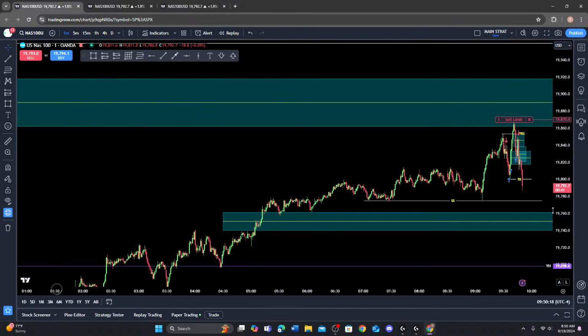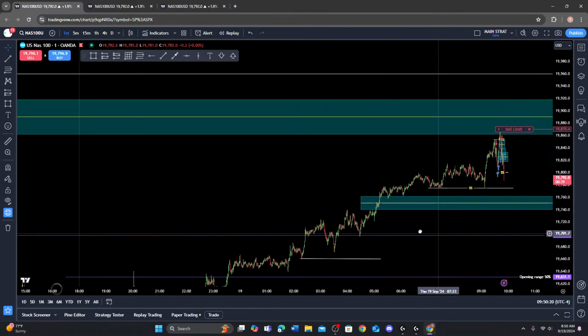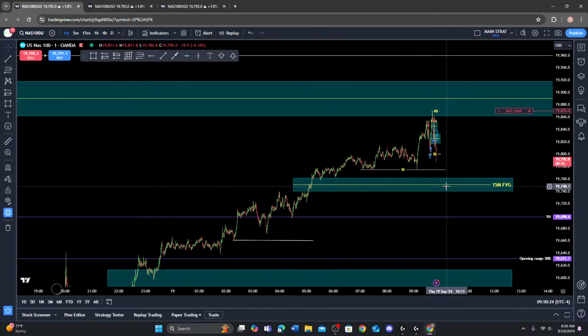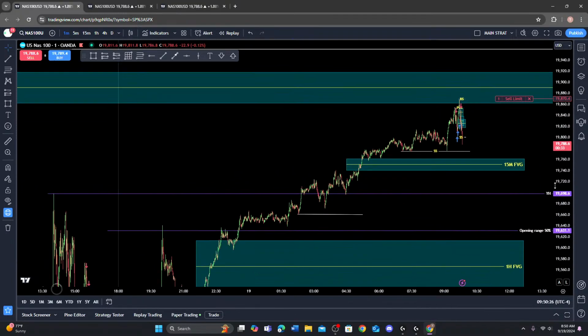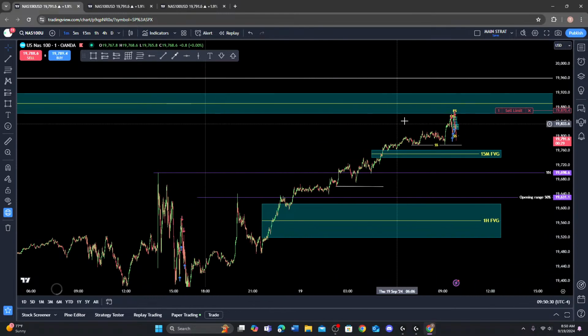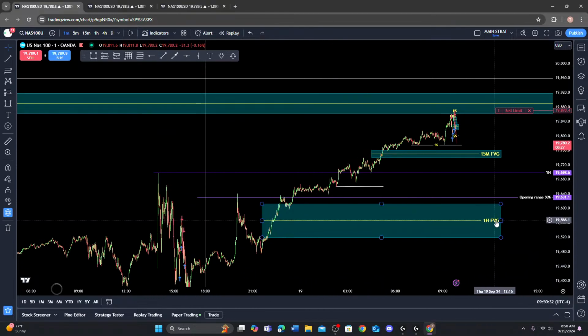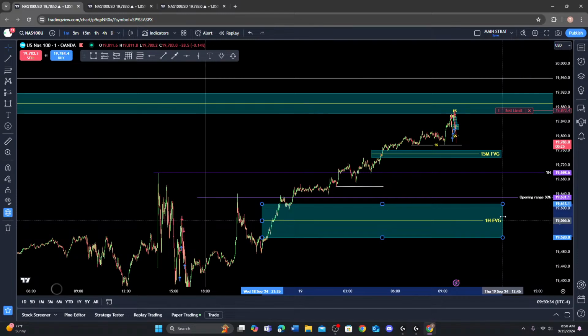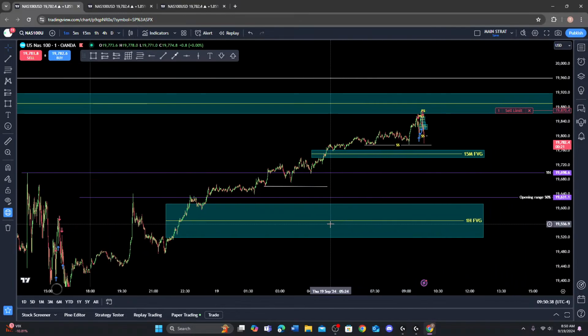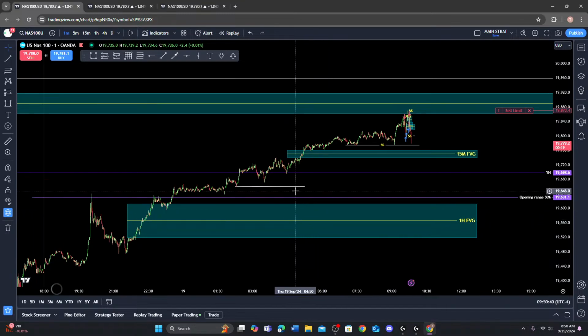We do have a 15-minute fair value gap here, which could make price bounce. So have on a discounted range, the discount would be this 1 hour here. That'd be an area that, if price does go down to it, I would like to see